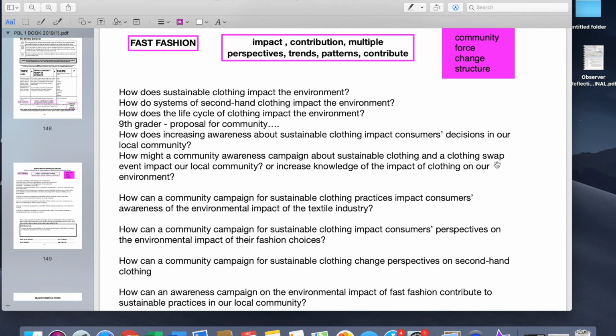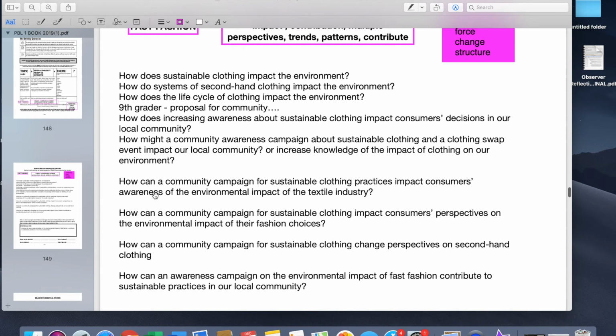Or we can partner up with an organization. I know there's a lot of cool companies out there where you can send them used clothing, and they make insulation for buildings and construction sites. They make newer fabrics to create more sustainable cycles. They do a lot of different creative things with used clothing. So maybe I could do something like that. I know I want to do a cool event and a really cool campaign.